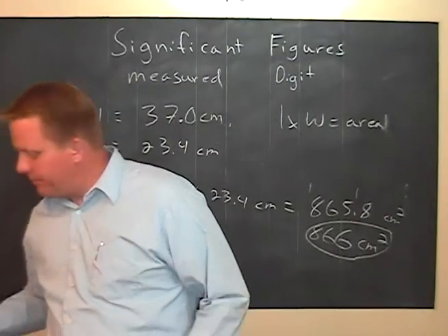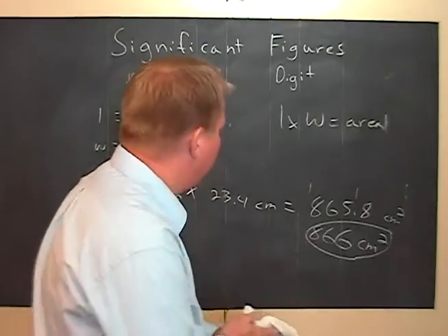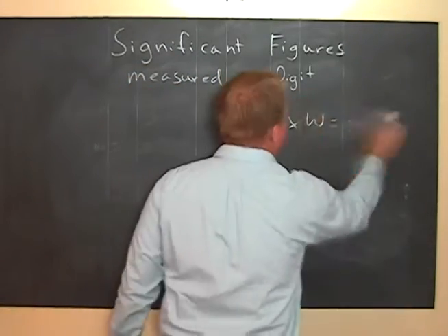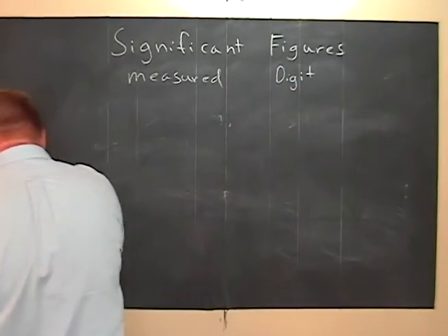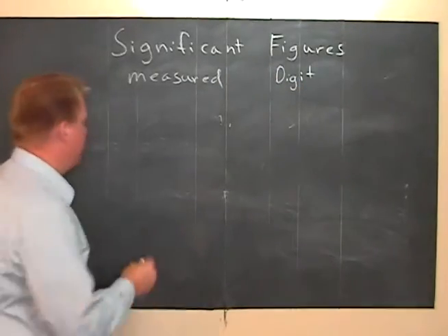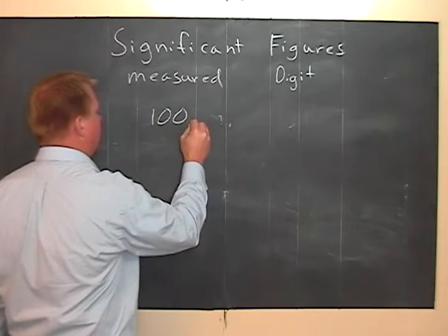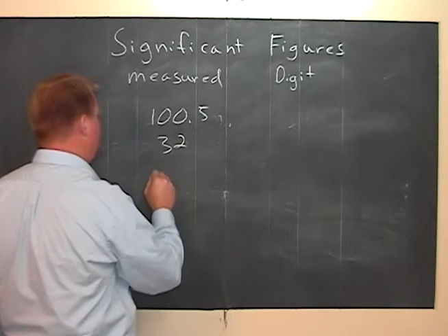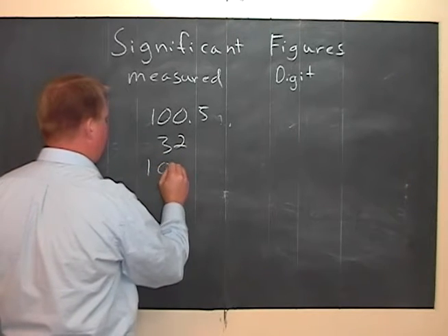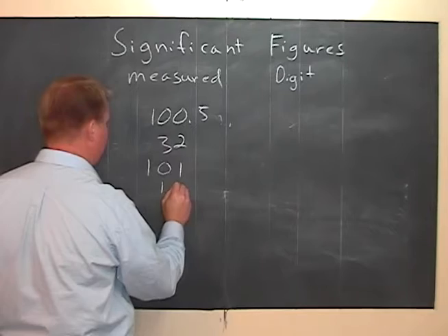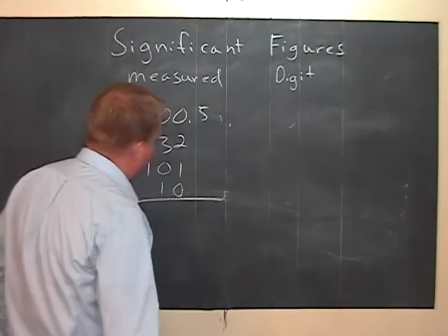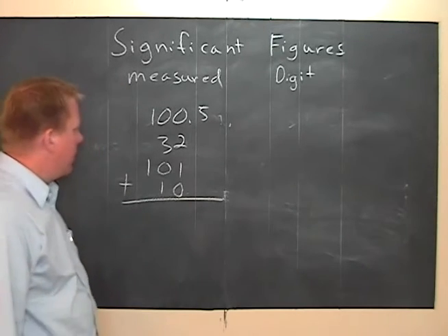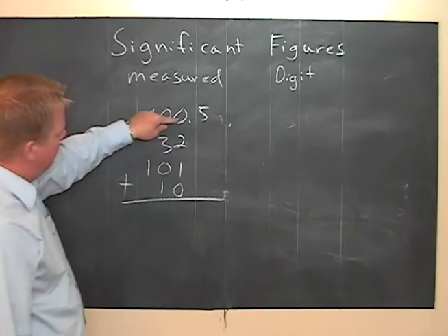Now, let's talk about the rules in addition and subtraction for a second. All right, I'm going to make up some numbers here. 100.5, 32, 101, and 10. And we're adding. In addition, it's not as simple as just saying, well, I have 1, 2, 3, 4, and